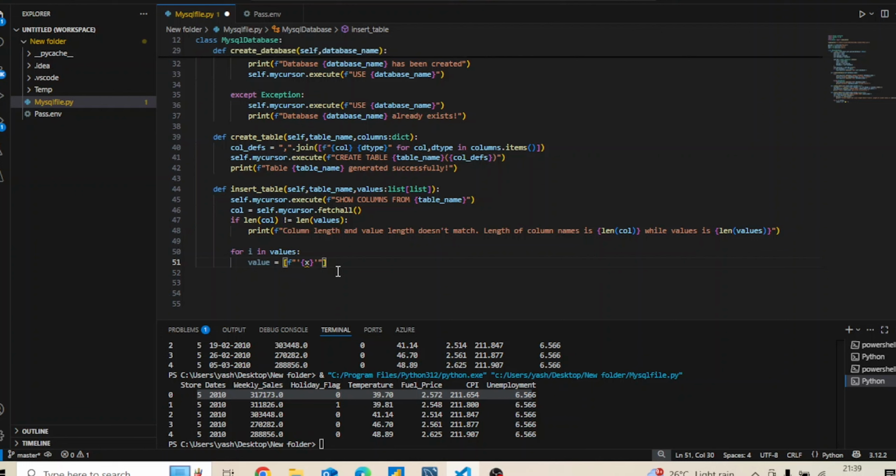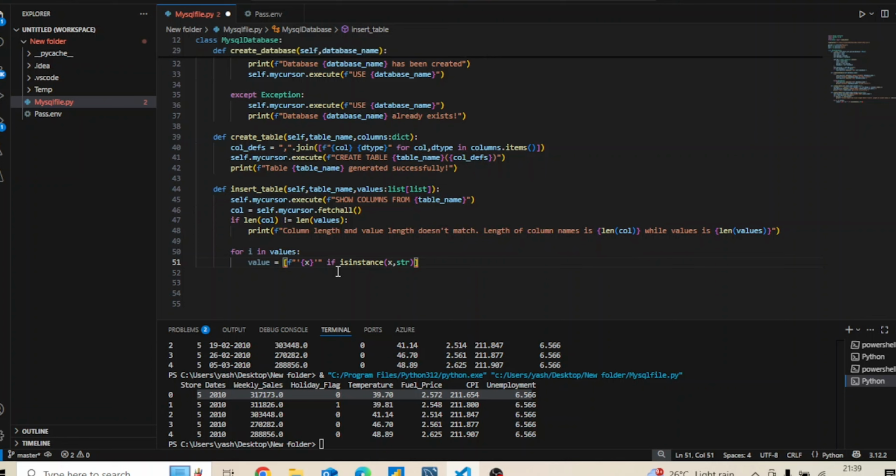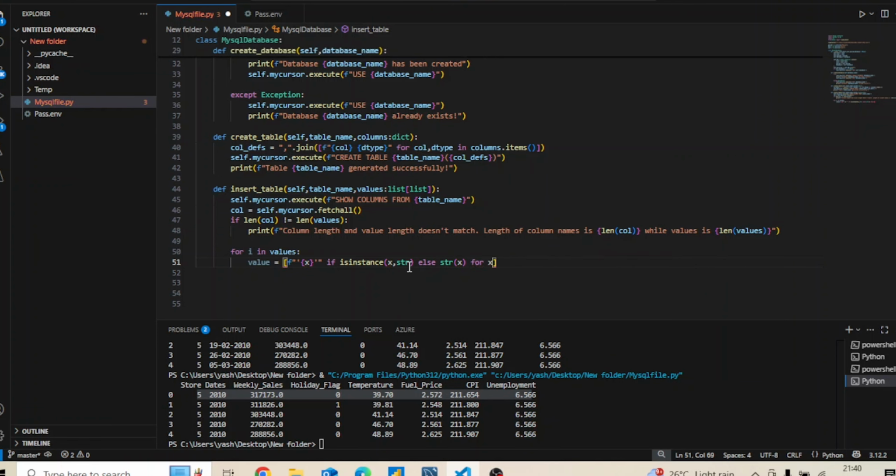Okay, so what we will do, we will say if isinstance x comma str, so this will check if it is string or not. Else str of x, for x in i, correct? So i is this entire list of this particular value, and x is this individual value. So it is checking, is 5 a string? No, it is not a string, so convert it into a string. If it is already a string, then pass it as it is. So everything gets converted into string format,